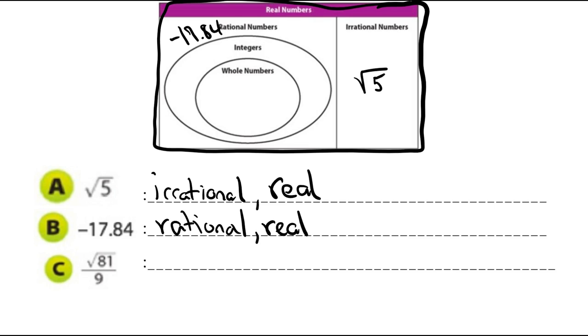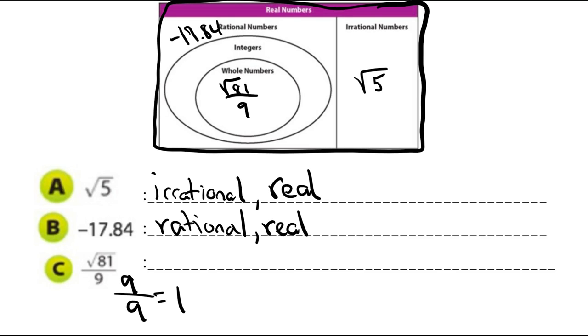C is the square root of 81 over 9. Again, we always look to simplify before we do anything else. The square root of 81 is a perfect square. The square root of 81 equals 9, sorry, not 89, over 9. Remember that a fraction bar is just another way of using division. So this is really the same as 9 divided by 9, which is 1. So this number will fit into any category where 1 fits. So it's a whole number,